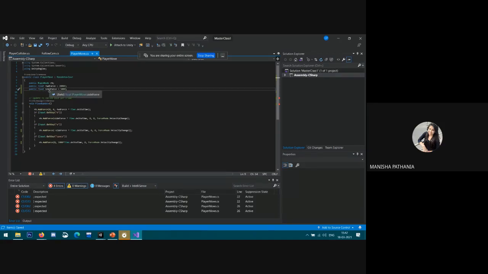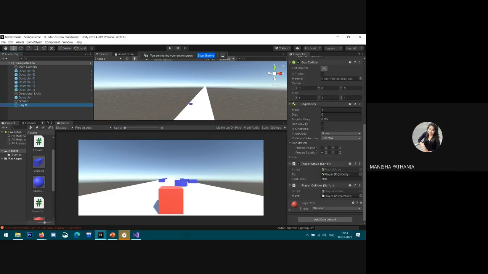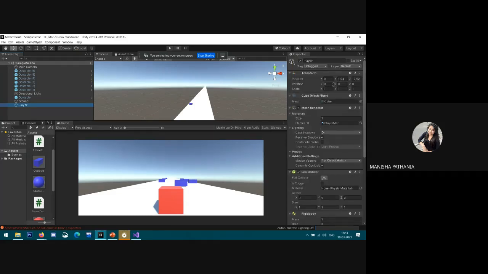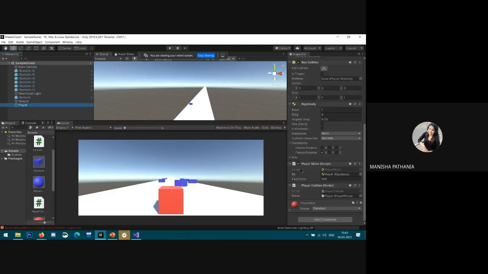Public float side forms equal to 500. Instead of writing here, side forms. What's the problem?